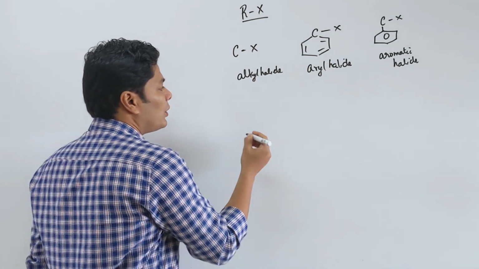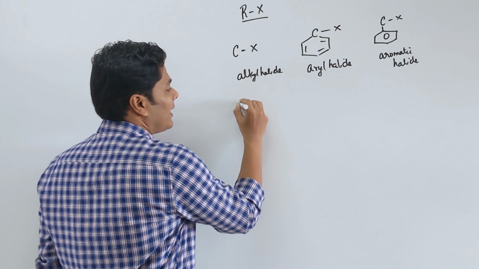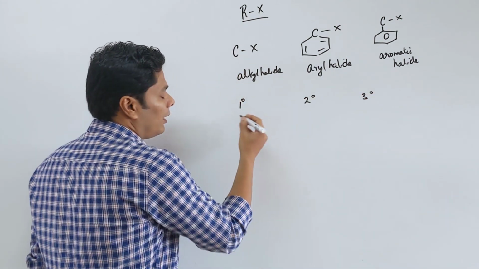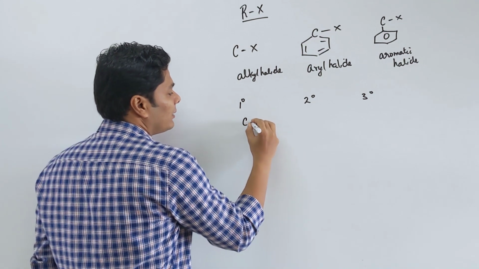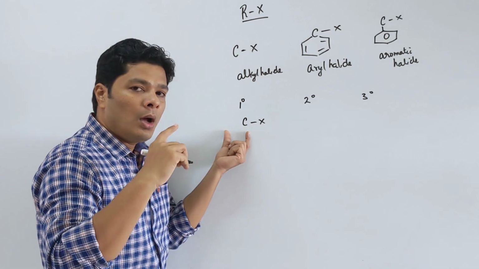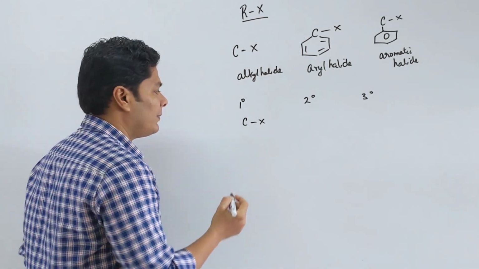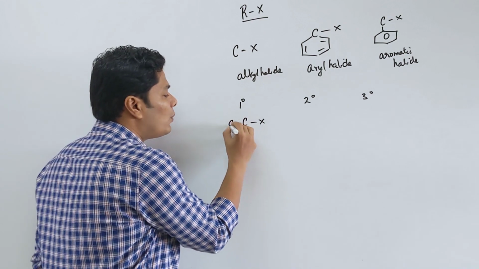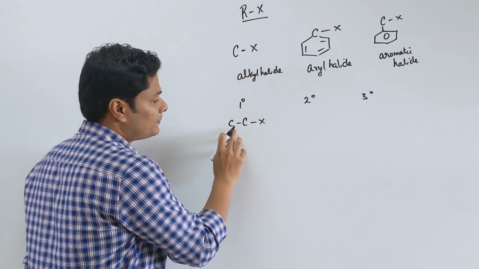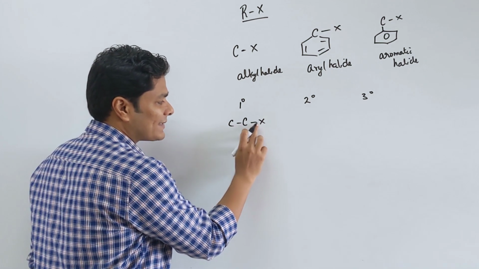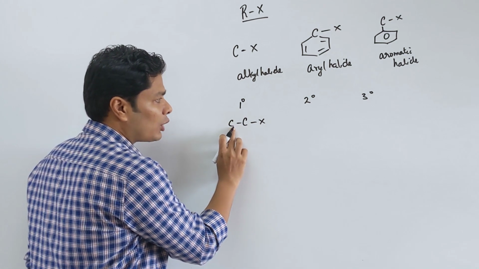The other thing that you want to know is the degree of alkyl halide, 1 degree, 2 degree and 3 degree. And 1 degree alkyl halide is something where the halogen is attached to a carbon that is attached to only hydrogens or one other carbon. If it's attached to only hydrogen, you will call it methyl, or you can attach to only one more carbon, that is ethyl or propyl, and so on and so forth. But this carbon that is attached to the X is attached to only one carbon, not more.